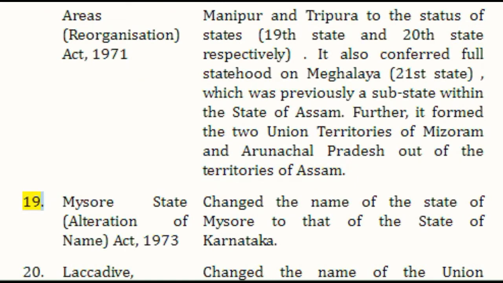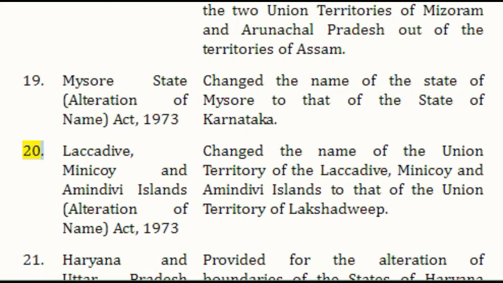19. Mysore State, Alteration of Name, Act, 1973. Changed the name of the state of Mysore to that of the state of Karnataka. 20. Lakshadweep, Minicoy and Amindivi Islands, Alteration of Name, Act, 1973. Changed the name of the Union Territory of the Lakshadweep, Minicoy and Amindivi Islands to that of the Union Territory